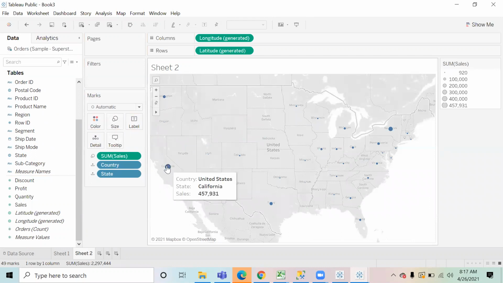The moment you do that, you are going to note that the size of the bubble has changed. Bigger the bubble, higher the sale. Smaller the bubble, lower the sale. If the bubble size is big, that means sale was more. If the bubble size is small, then the sale is less.